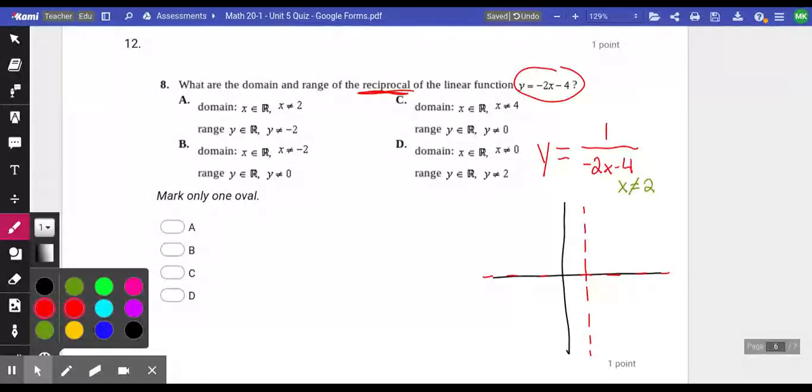I don't even need to know what this graph looks like, as long as I can understand what those asymptotes are saying. My horizontal asymptote is saying that y cannot equal 0. It can be anything else, but it cannot equal 0. My vertical asymptote was telling me that x cannot equal 2. So if you look at your answers,